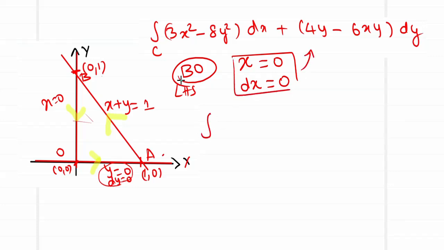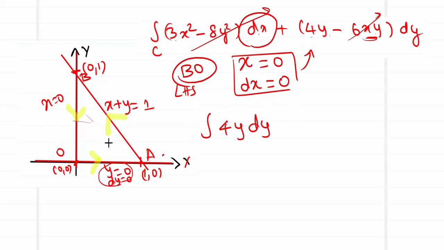So you have integral 3x square, so this will become 0. Dx, this dx part will vanish entirely, this quantity. Now 4y will be remaining, and this x is replaced as 0, so this will vanish. So we are left with 4y dy. So the long expression over here has now become a very short expression by diminishing all the quantities by